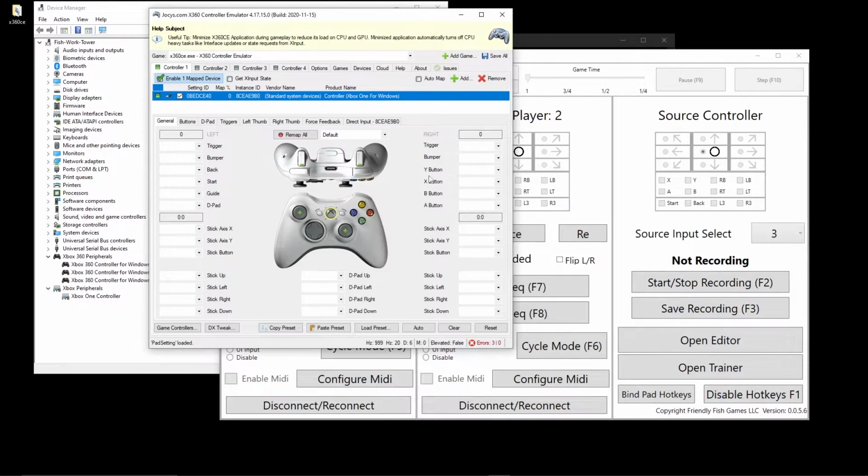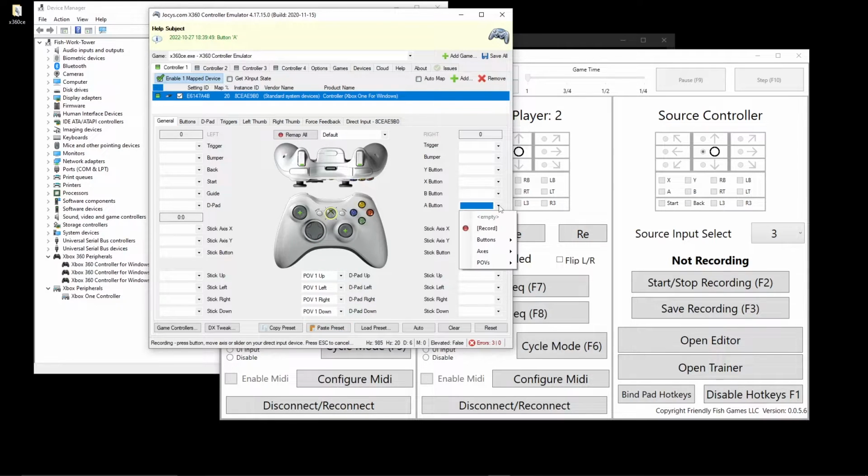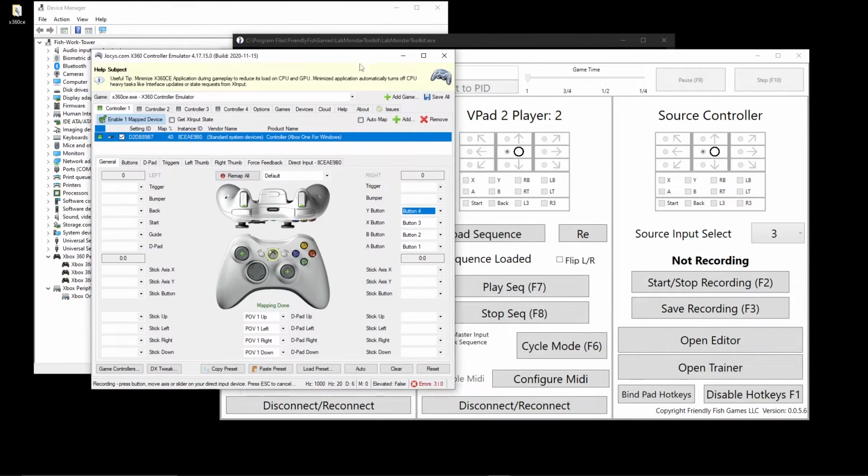Now, none of your bindings are in. I'm just going to show you a few bindings. I like to record for my bindings, so we're just going to do D-pad up, D-pad left, D-pad right, D-pad down, A, B, X, Y, and I always get confused what buttons on my stick are the bumpers and triggers,